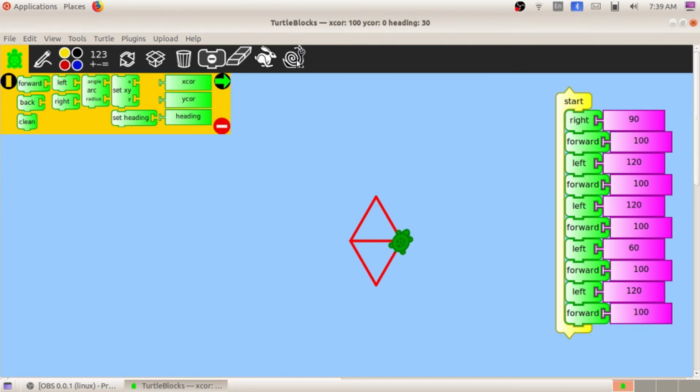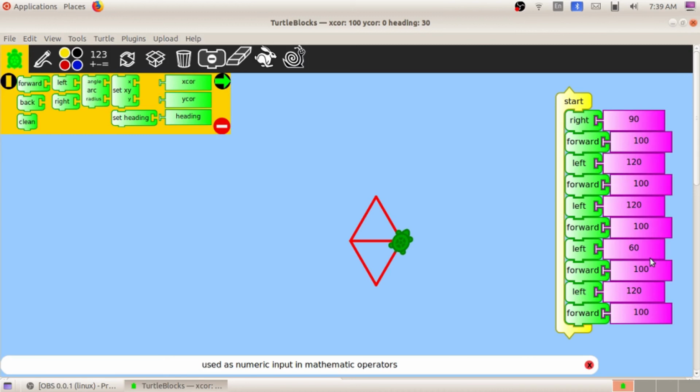You think about how many degrees the tortoise has to turn. If you have any doubt, you just change the values here and try to draw the pattern, and you will get it. This is very simple. Think logically, then you will get all those patterns.